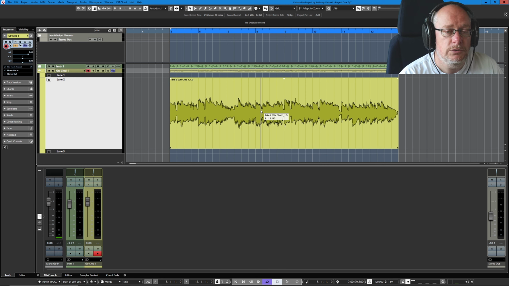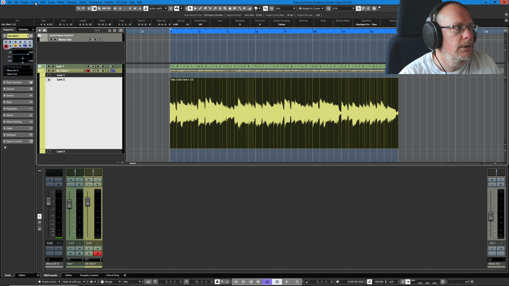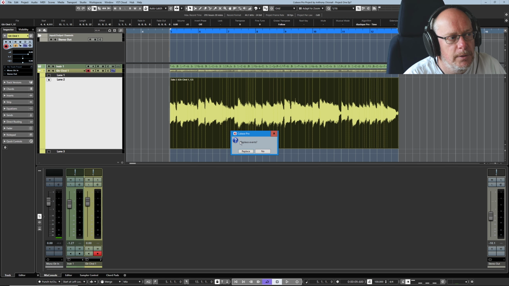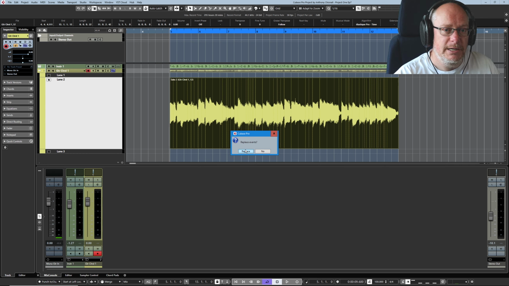In order to bounce audio, basically make permanent the temporary changes that we've applied to this event, you want to select it, go into audio and choose bounce selection, and you can see it's also the keyboard command O. So I've now got this box and it says, do you want to replace the event? Yes, I do. I want to permanently change this in the pool. So if I say replace,